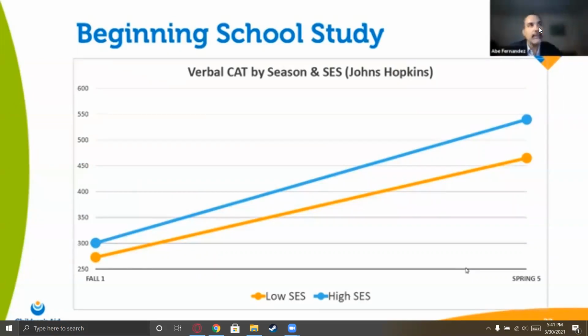This is a study where they looked at how kids scored back in fall of first grade on the verbal CAT and how they scored in spring of fifth grade. Same kids over a period of time, right? And we have two lines here. The blue line are kids who are from a higher socioeconomic bracket. These kids are more wealthy. And the orange lines are kids who are